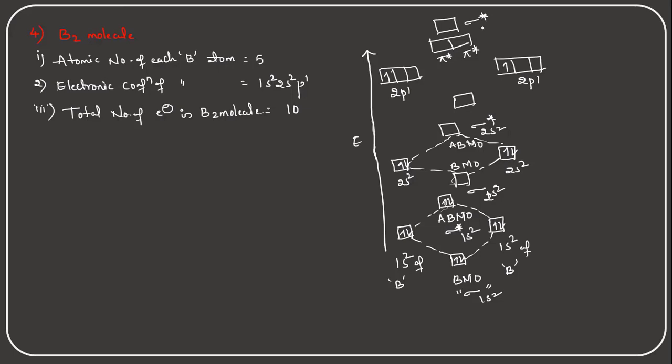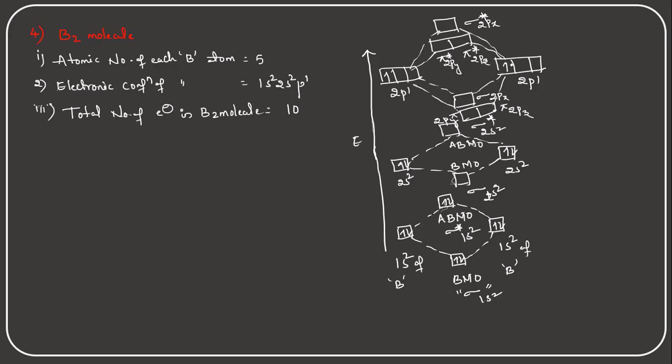So for the sigma orbital, I am giving sigma star 2px, and pi star 2py, pi star 2pz. So this is the sigma orbital, that is the 2px orbital, and the other two will be pi orbitals. This is the pi orbital, and this one is again a pi orbital. So this is the pi 2pz orbital, and this is the pi 2py orbital. Okay, so the merging takes place in this way.